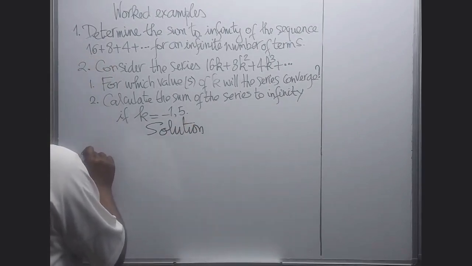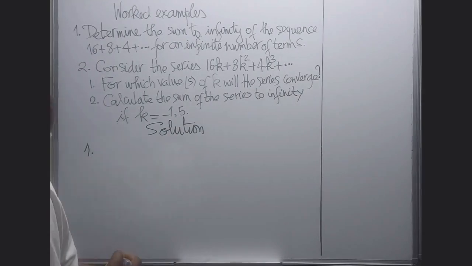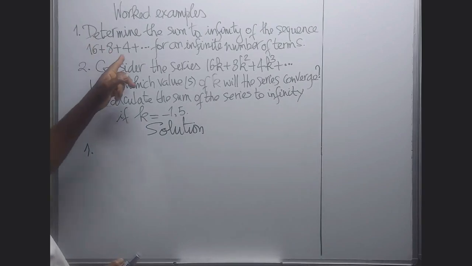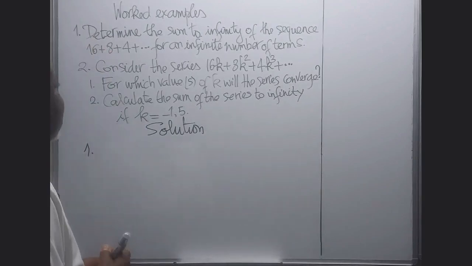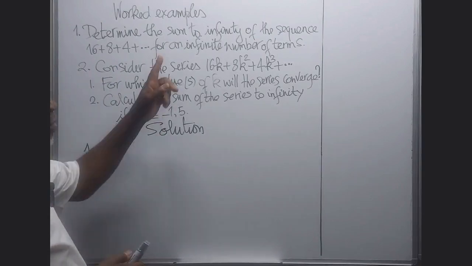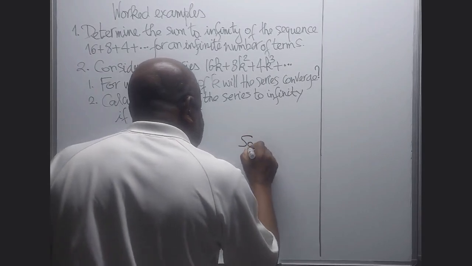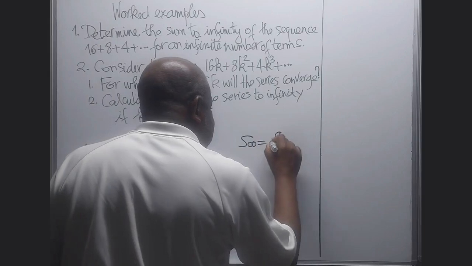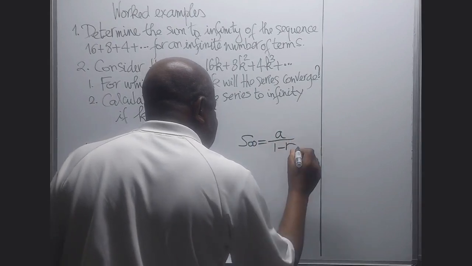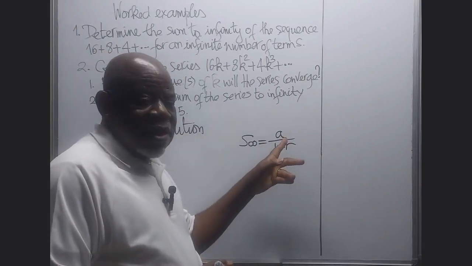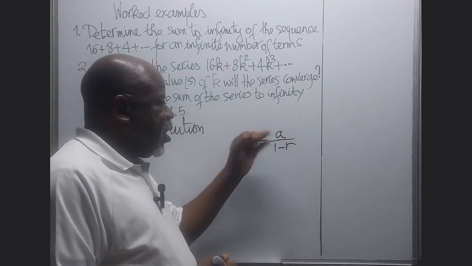For the first one, determine the sum to infinity of the sequence. Our sequence is given by 16 plus 8 plus 4. So you remember, to get the sum to infinity, we have a formula. Let's start by reminding the formula. Sum to infinity is equal to A over 1 minus R, R being the common ratio and A the first term